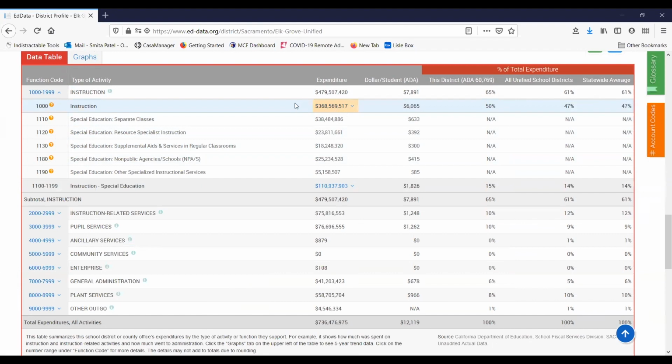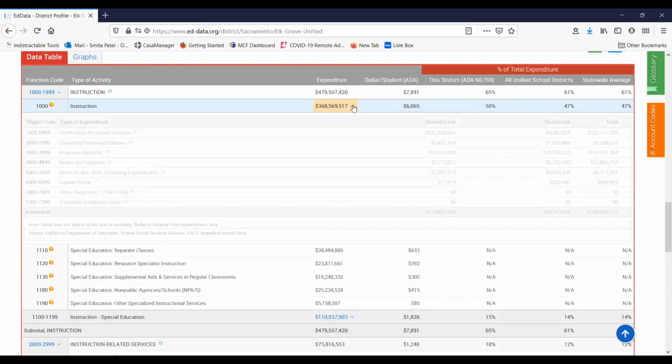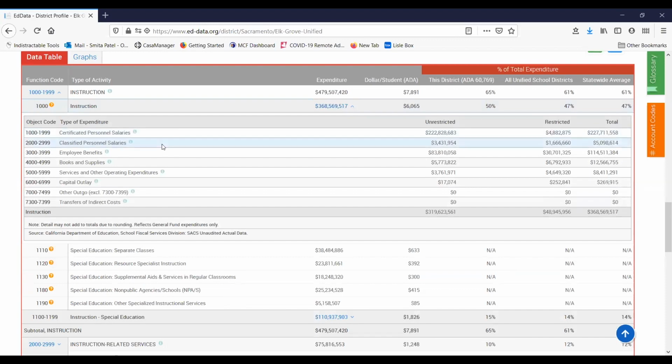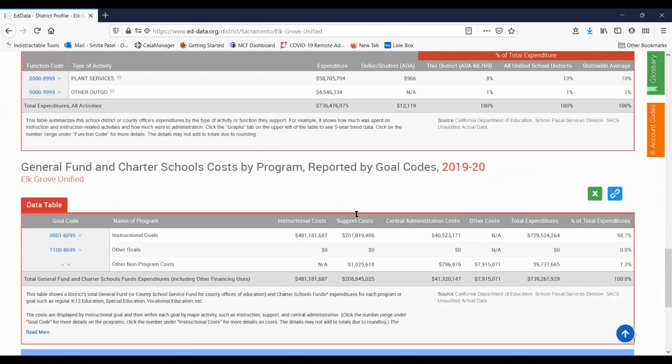Another reminder that if you see any text in blue, it means there's more information buried inside. So again, if you want to look at how the instruction funds were spent, you can expand, and then it shows you how much was spent on salaries, benefits, books and supplies, etc. The next section